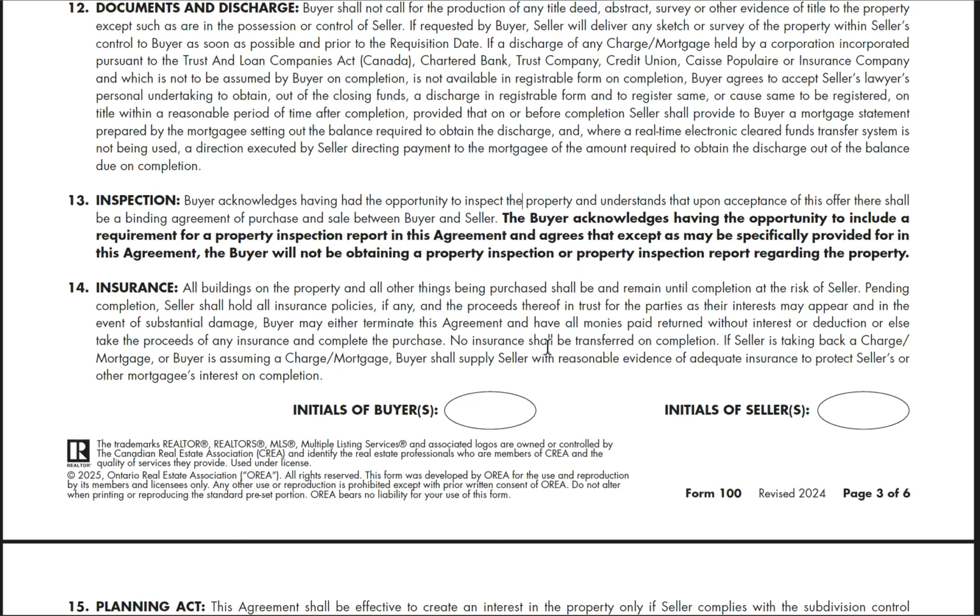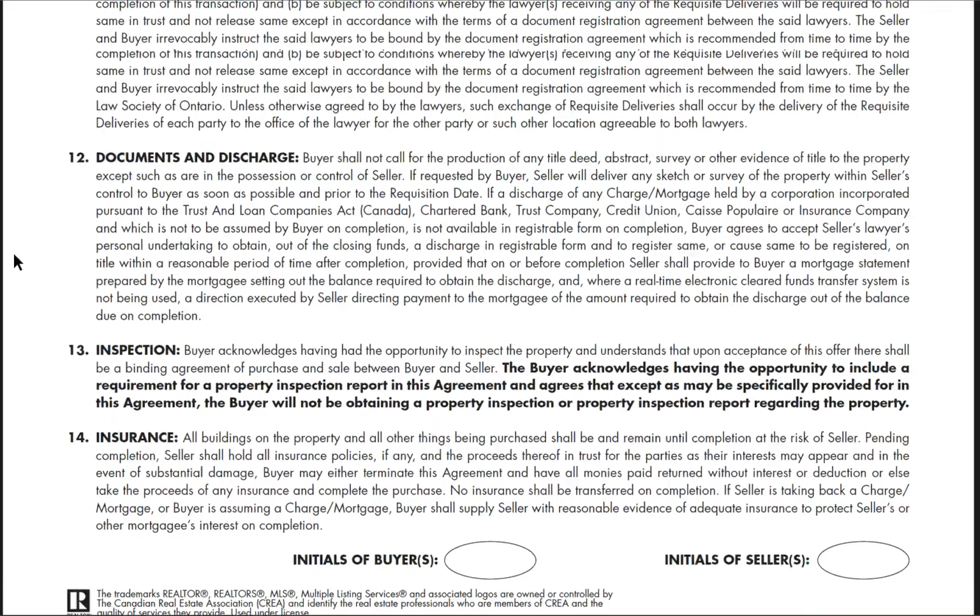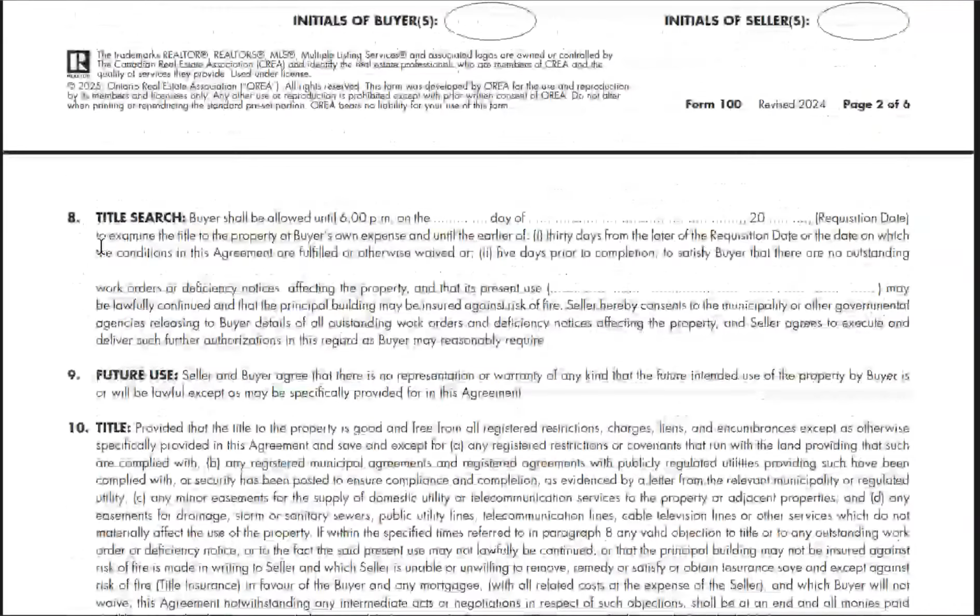Insurance. So what does this clause mean? Insurance is basically that the seller is responsible for the property to be insured until closing. If damage occurs before the completion date, so before the date on which it closes up here,